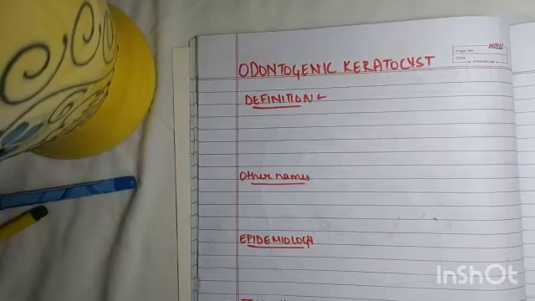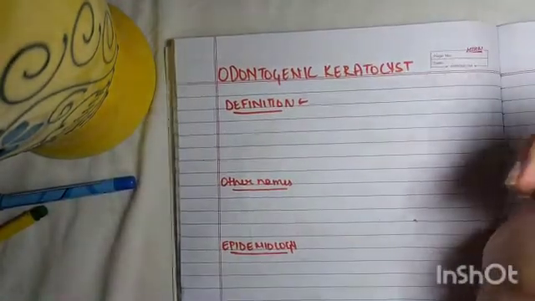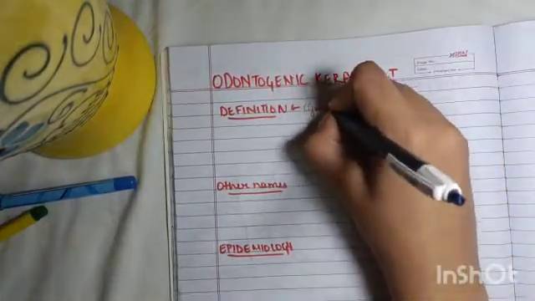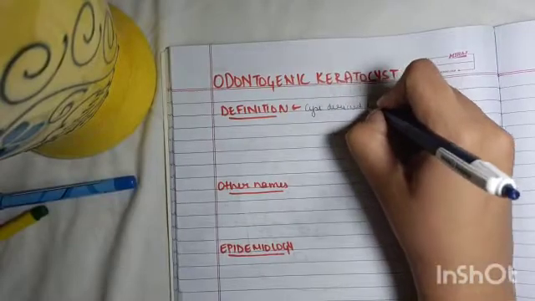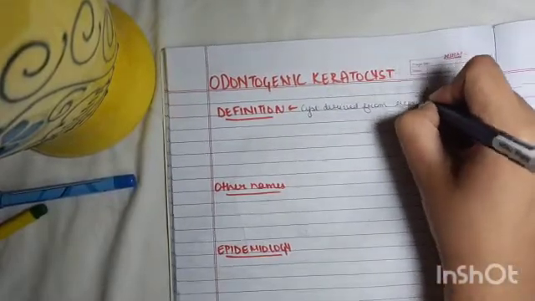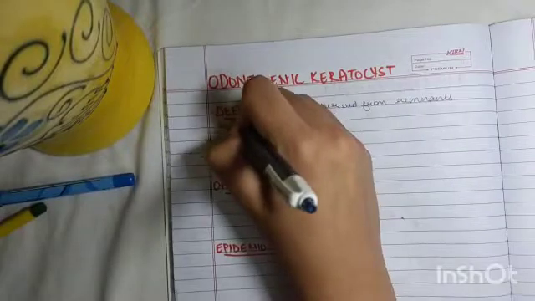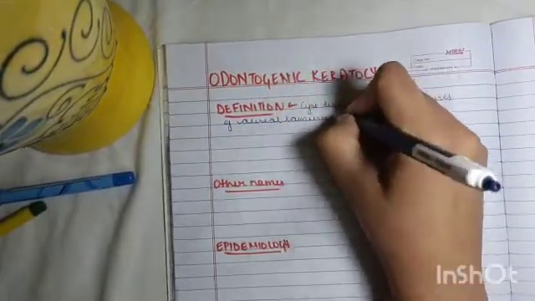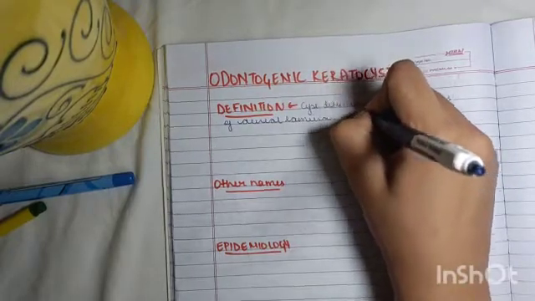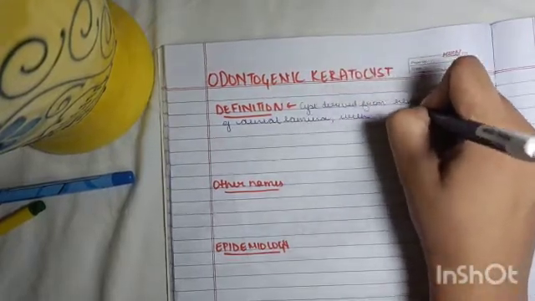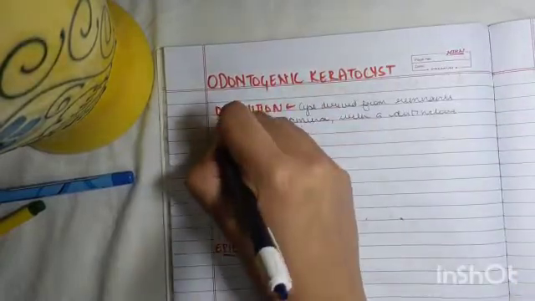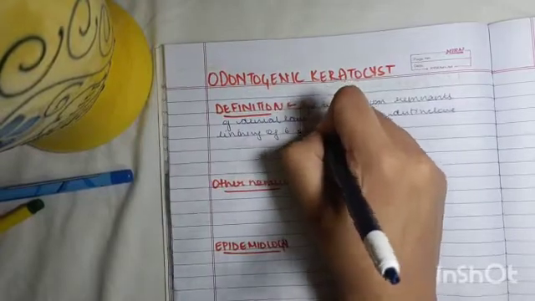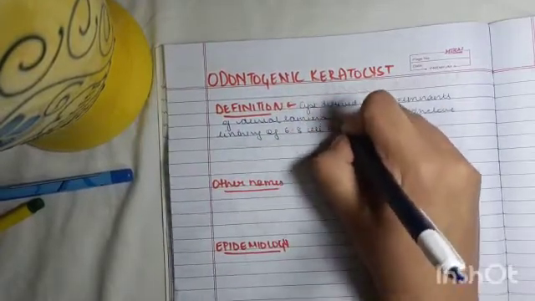In this video, we'll talk about the odontogenic keratocyst, which is a very commonly asked question. So first of all, it is a cyst which is derived from remnants of dental lamina, with a distinctive lining of 6 to 8 cells in thickness,